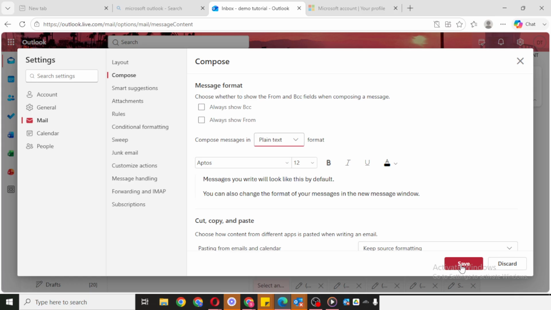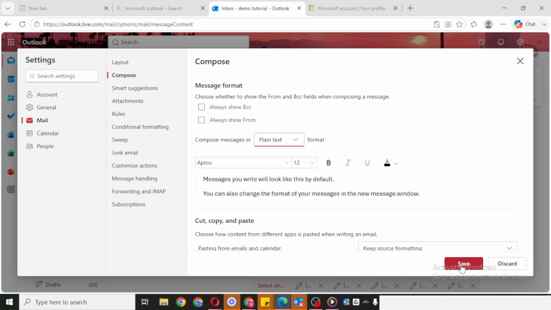As a quick tip, if you send emails to different types of recipients, it's worth thinking about which format best fits your needs. HTML is often more polished for everyday business communication, while plain text can be better for minimal formatting or compatibility in certain situations. If the setting doesn't seem to update right away, try closing the Settings panel and starting a new email message to confirm the change. This helps you make sure the new format is being used properly.